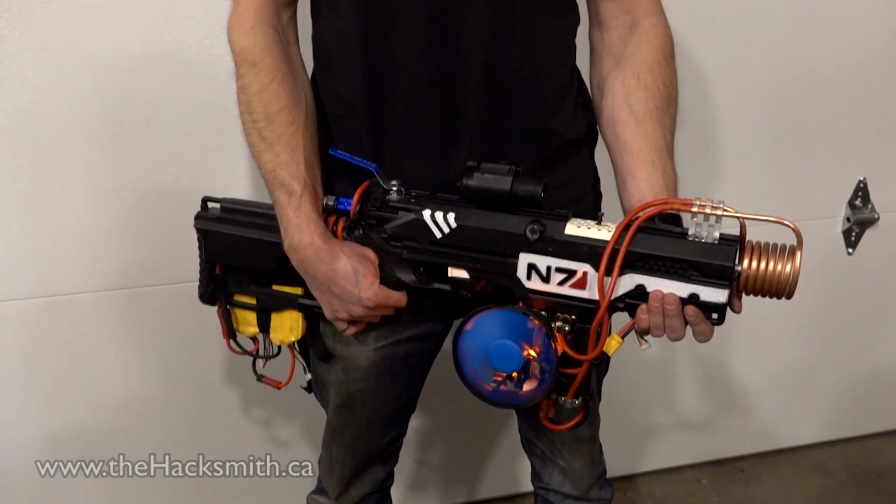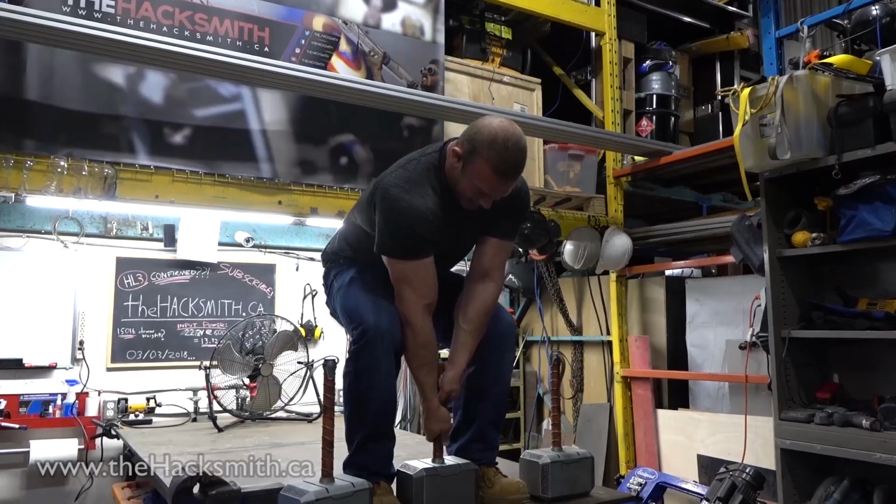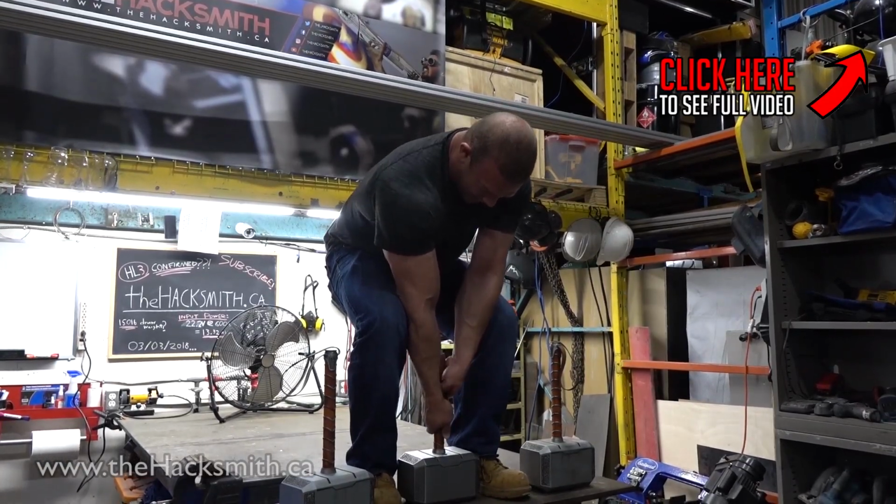Now, if you haven't guessed by my name, the Hacksmith, I like hacking components together. We almost always start with some kind of existing base for our projects, whether it's a flare gun, a Nerf gun, or replica Thor's hammer. And there's no point reinventing the wheel after all, but the challenge when using something pre-existing is being able to design